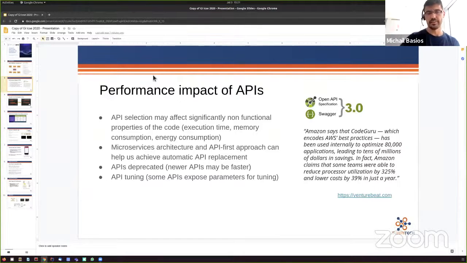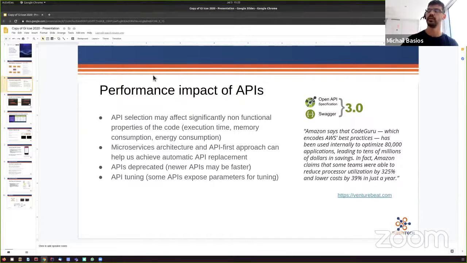we have seen this behavior, and actually we have seen that the performance of an application is affected very much by the selection of the API that you use. We have seen also that nowadays, with this approach of API first, there is a trend where even very old code bases that were very isolated are now exposing more and more APIs. For example, I don't know if you're familiar with the open banking system. If you talk with the biggest financial institutions in London, they are all trying to expose their APIs, and